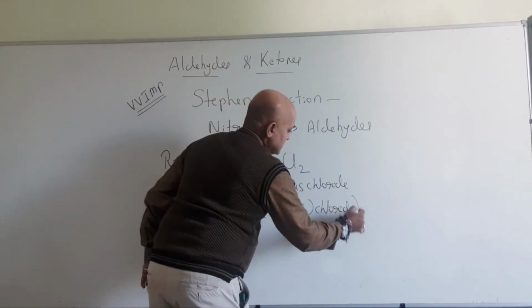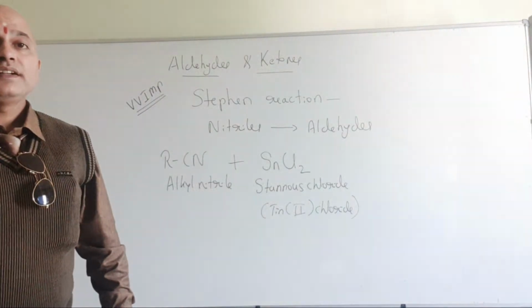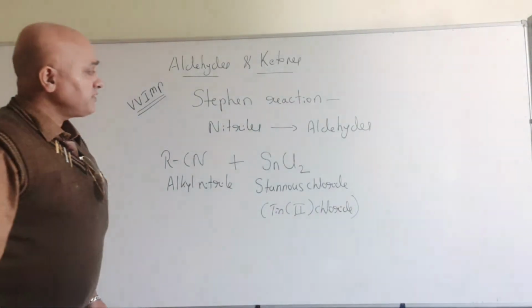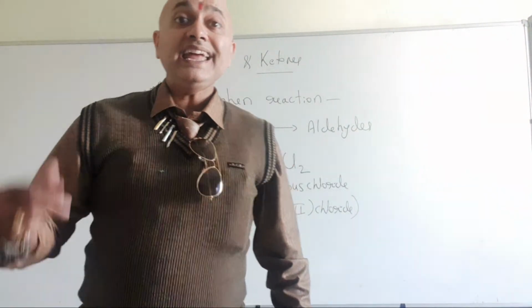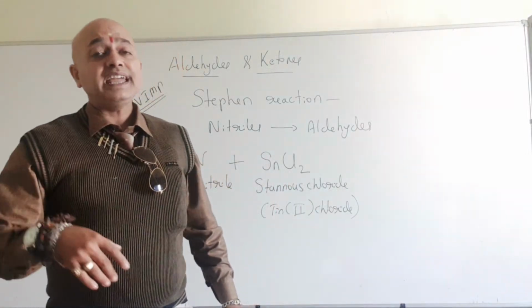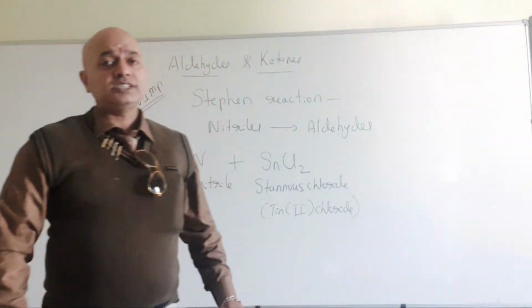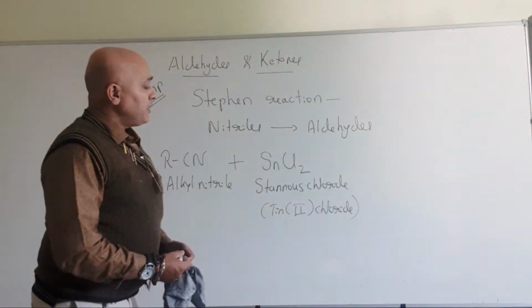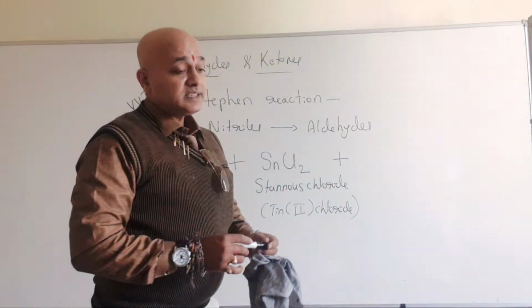Okay, so that's where we have the stannous chloride. The oxidation state of tin here is +2. So therefore stannous, like ferrous, ferric, stannic, stannous. Tin can have multiple oxidation states. Now, with stannous chloride, in the presence of